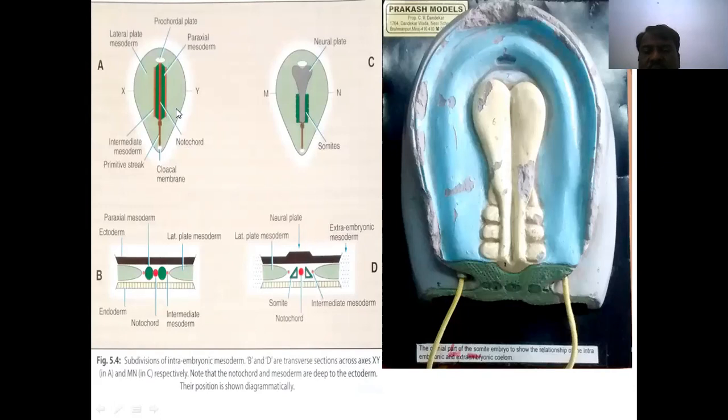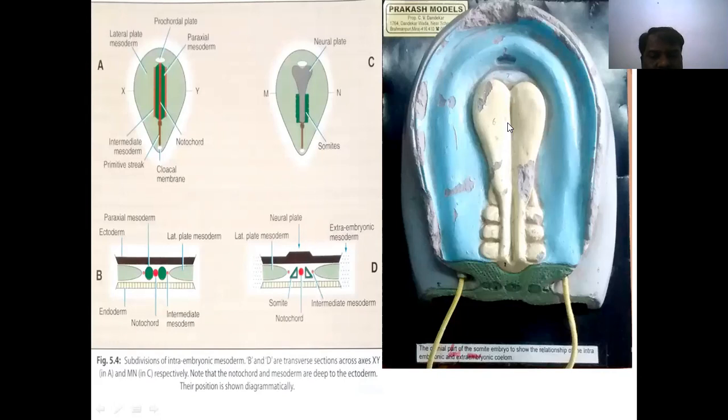So, what are the derivatives? How are the organs formed and developed? First, we'll discuss the paraxial mesoderm. See here, these are the paraxial segments. Here, neural tube formation also occurs. This neural tube is enlarged cranially for the formation of the brain: two cerebral hemispheres, two cerebellar hemispheres, and also the brain stem. Next, the caudal part is a tube-like structure that forms the spinal cord.